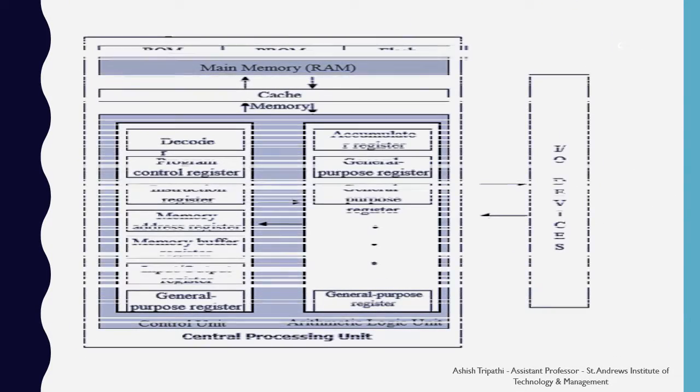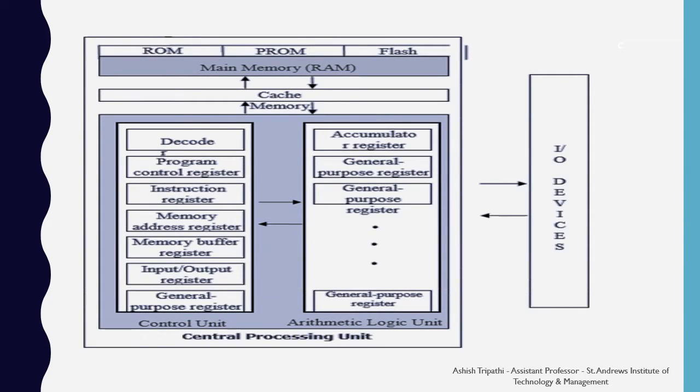In this diagram, you can see that the various input-output devices are attached to the CPU. Inside the CPU, there is a collection or stack of registers, one after the other, which takes the data or writes the data into the input-output devices. After taking the data from the I/O devices, it moves the data to the cache memory and finally to the RAM for the CPU to handle.